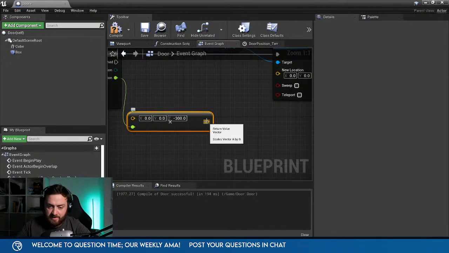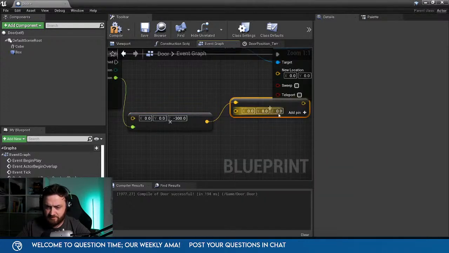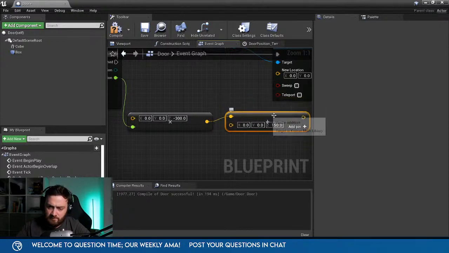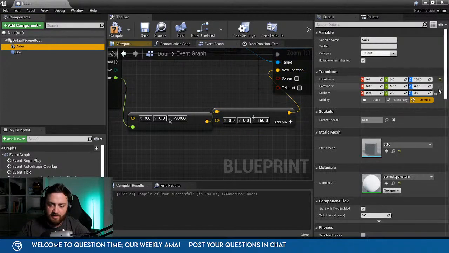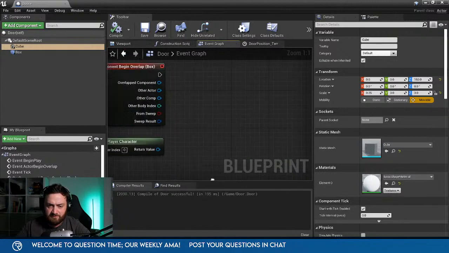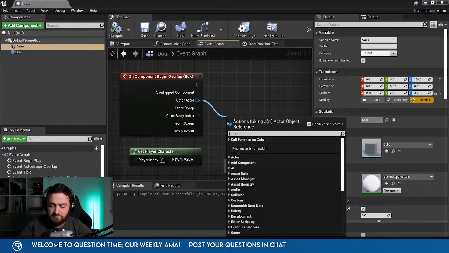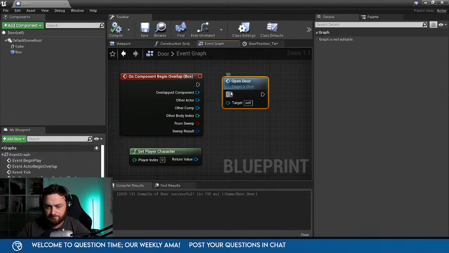But I want to add on here the offset that I have here already, 150 here. And that offsets because the door has been already moved by 150 in the Z. Okay, that does that. And if I walk into this thing, we'll just call it fine. Okay.